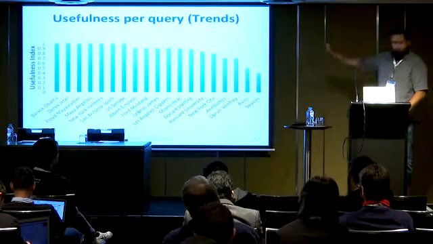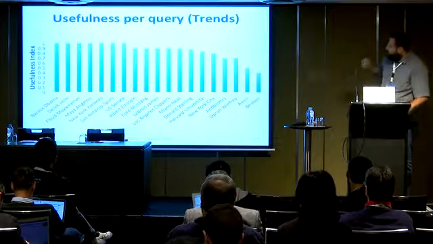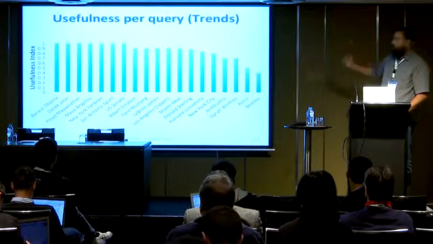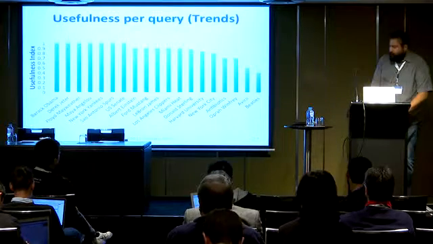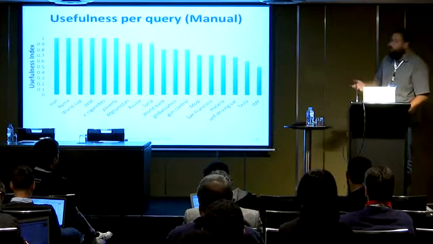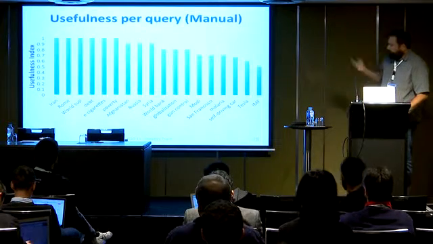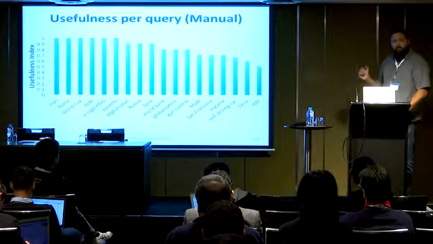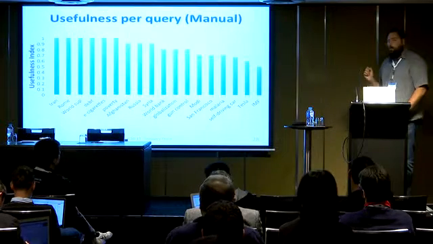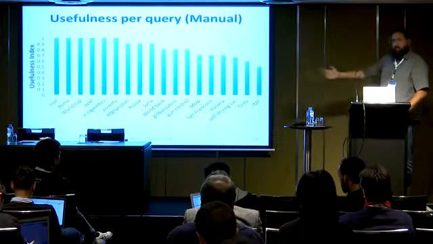And for the vast majority of the queries here, this is the trends queries, you see that the quality of the results is quite high. And the same story goes for the less popular queries or more open-ended queries, as you can see down here. Where, of course, the quality degrades a little bit, but still remains high,